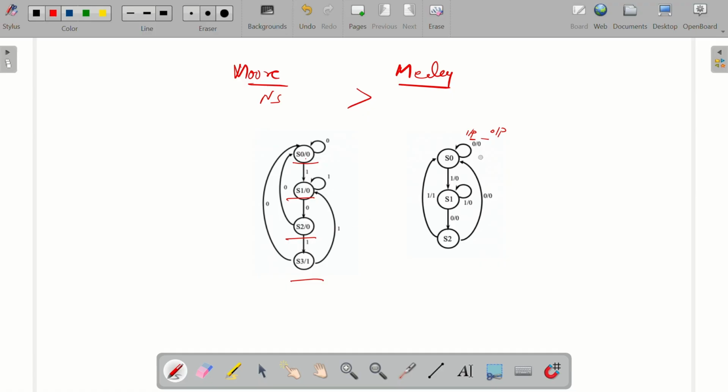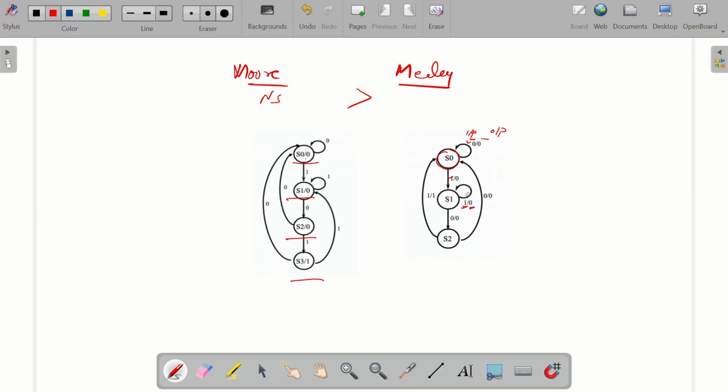Whereas in case of Mealy, this is the input, then slash output. Your outputs are changing with respect to the state as well as with respect to the inputs. That is why you have a lesser number of states here. For every state you can check that as soon as your inputs are changing, your outputs are changing. So outputs are determined by the inputs as well as the state. If your state is not changing but your inputs are changing in that particular state, your output will change